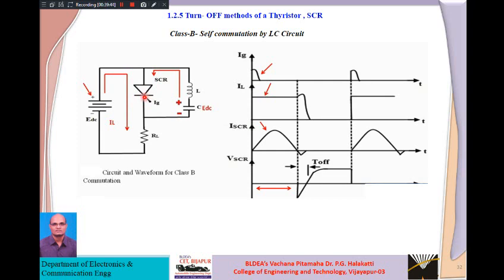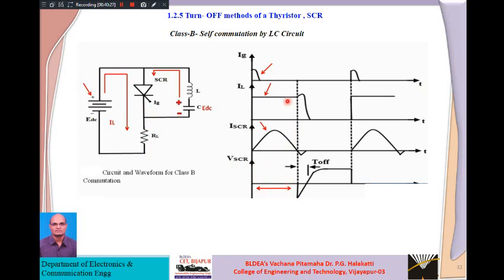Once it comes into the conduction state, it becomes short circuited. Again we will start getting two currents here. One is the load current flowing from plus EDC through the SCR and RL in the clockwise direction. Another current we are getting because it is short circuited. Because of this load current, your SCR is on, triggered on, and that is the SCR current. The SCR and RL are connected in series. Voltage across the SCR will be almost negligible because the SCR is on.